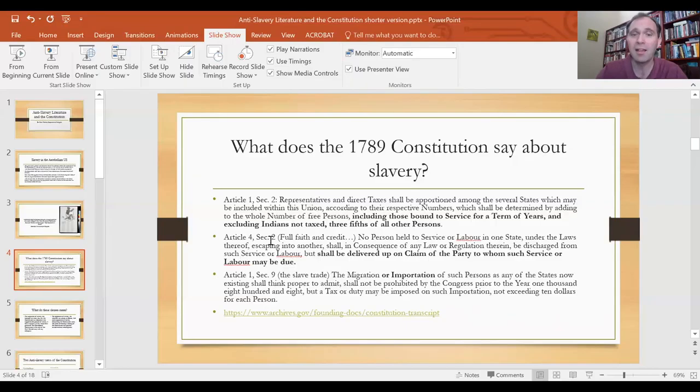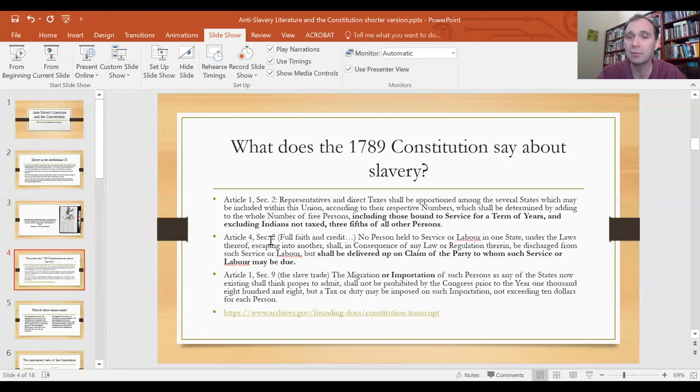However, all other persons, the people who are counted as three-fifths, are those who are enslaved. And so two things happen in this clause. One is that slavery is being recognized by this category, all other persons, persons who are not free. And there's also a rather insulting denial of their status within the Republic, right? That they're counted as three-fifths. So that's the first clause.